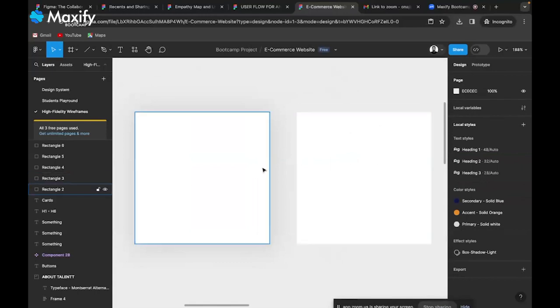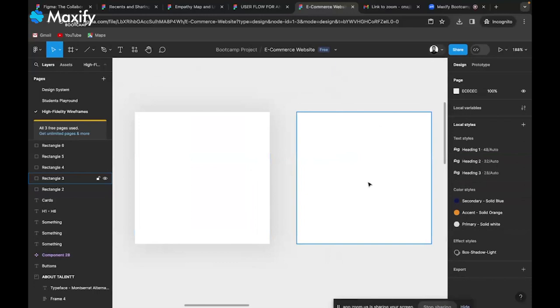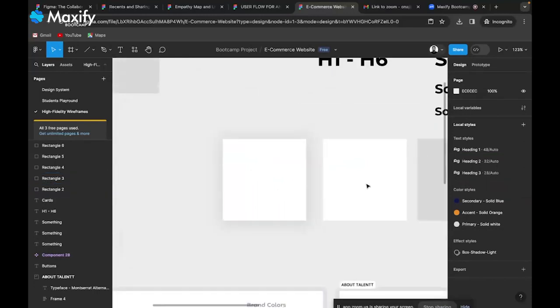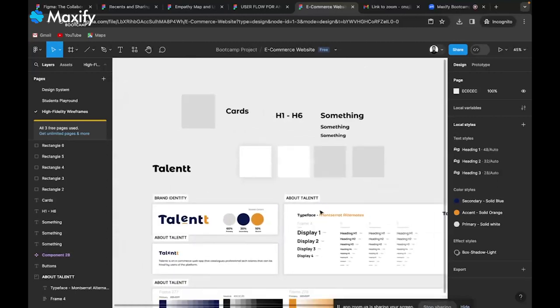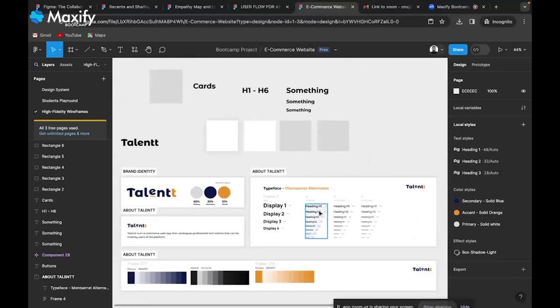This one is looking like it has a shadow, while this one is looking flat. So that's what they call box shadow. Are you getting me now? So now, having understood all these basic concepts,